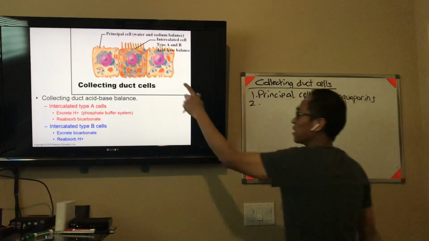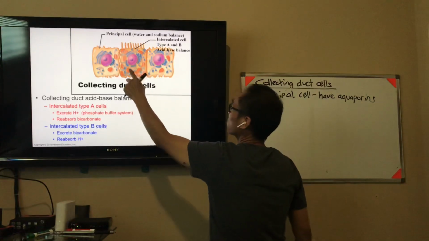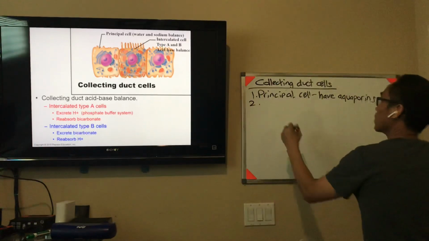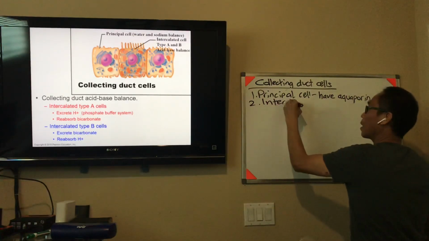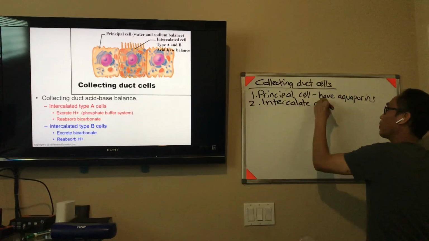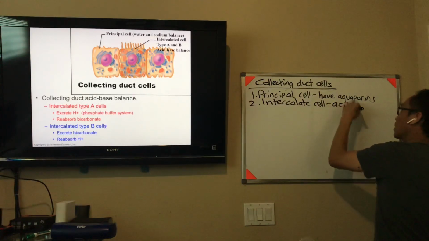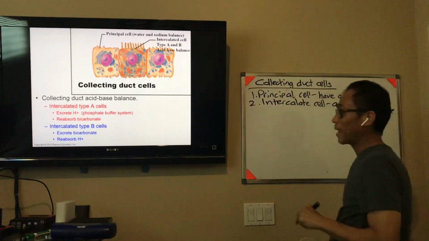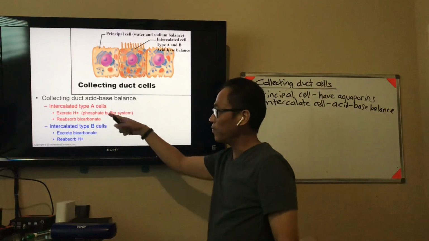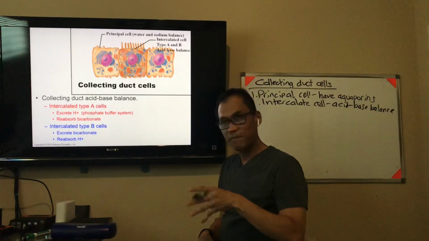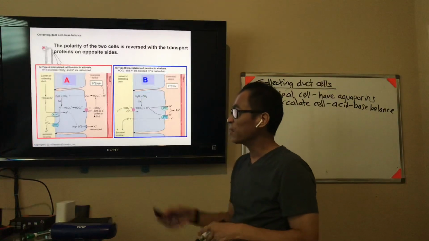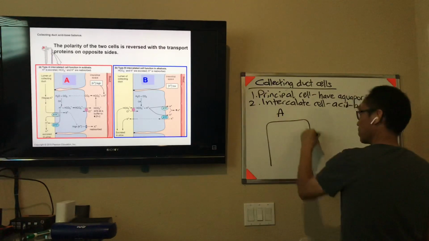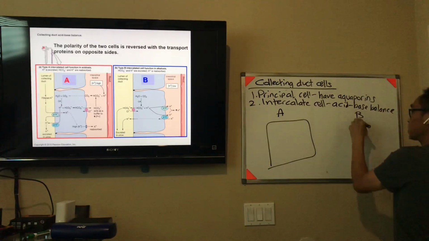Now, intercalated, stuck in between the principal cells are the intercalated cells. Inter means between. They are for the function of acid-base balance. Okay. And there's the type A and the type B. If you kind of look at what they do, they kind of flip-flop. They do the reverse. So if you kind of look at this, the type A, the type B, if you're a type A cell, here, say this is a cell, and versus a type B cell,